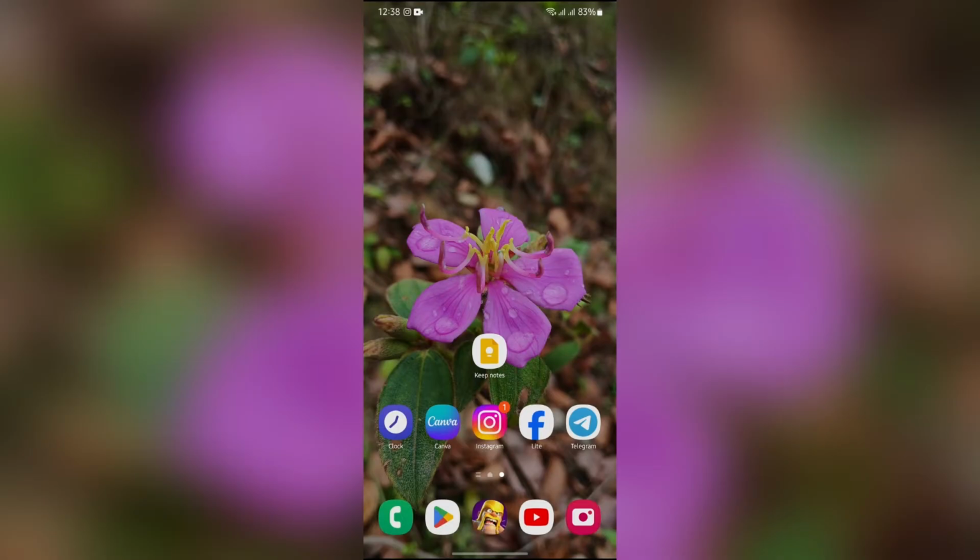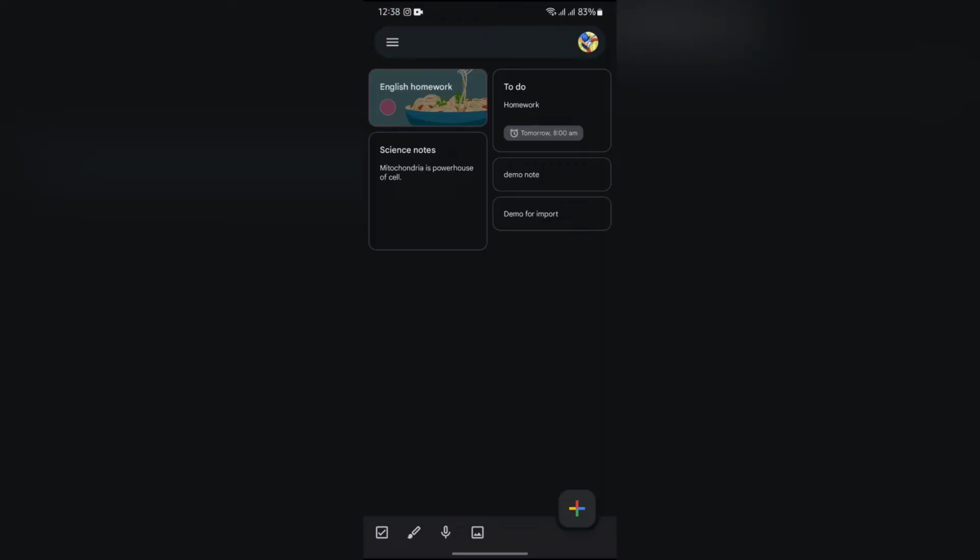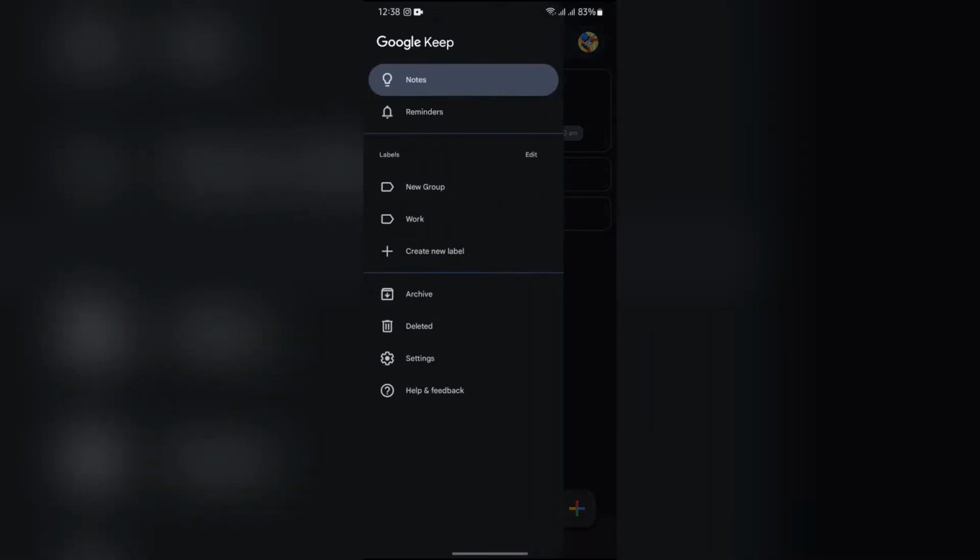Now, in order to make folders in Google Keep, you just simply have to open your Google Keep application and then tap into these three bars into the top left corner, and from there you will get the option of labels into here. Now, in order to make labels or folder, just simply tap into this create new label option,